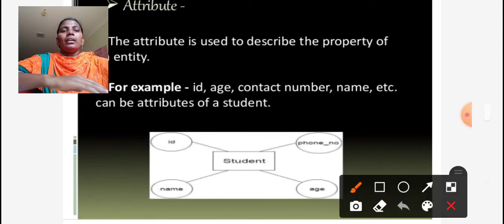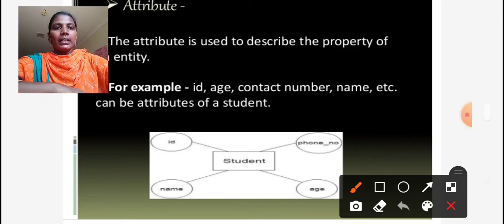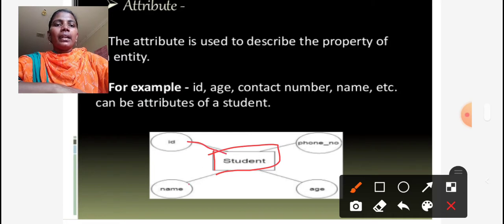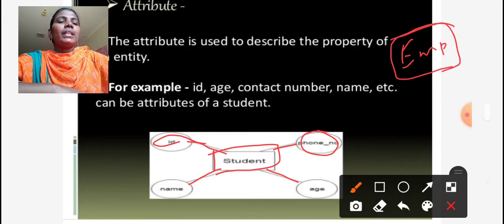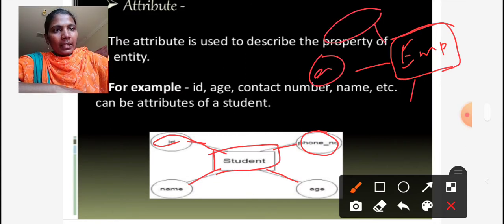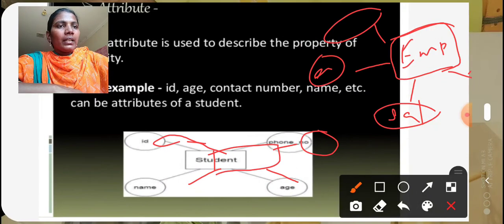Here is the entity, and the attributes are connected with this entity as oval shapes. For example, if you take employee, employee is the entity and it is represented with the rectangle symbol, and this is the employee number, this is the employee name, and this is the salary attribute.